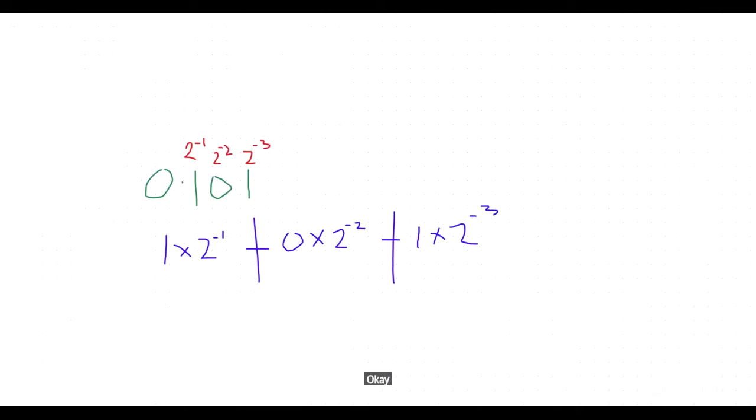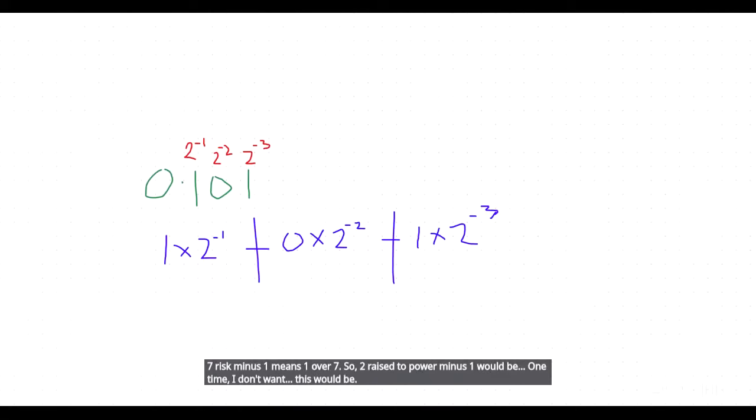Okay, so we now multiply out. Now, 2 raised to power -1. A number, let me use another example. 50 raised to power -1 means 1 over 50. 1 million raised to power -1 means 1 over 1 million. 7 raised to power -1 means 1 over 7. So 2 raised to power -1 will be